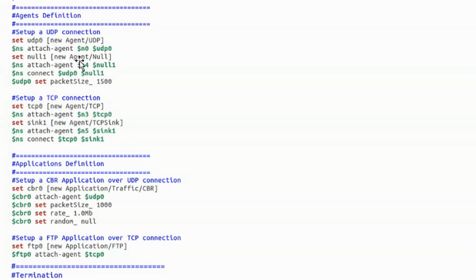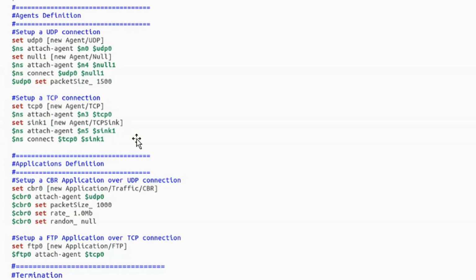N0 is working on UDP and N3 is working on TCP. So N0 and N4 on UDP, and N3 and N5 on TCP. Clear? We have created both TCP and UDP agents, and attached them to nodes as well.